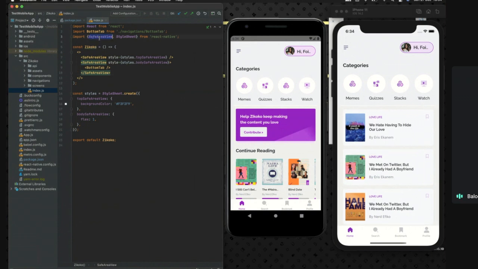So SafeAreaView takes care of that. Nice. So here is the